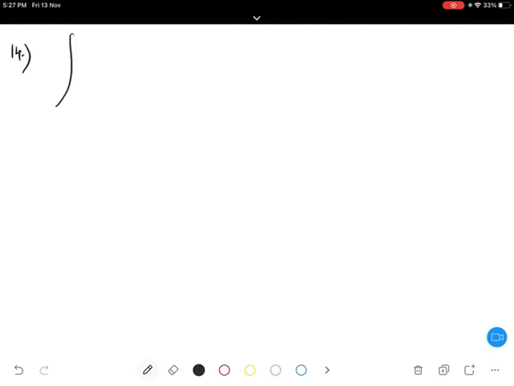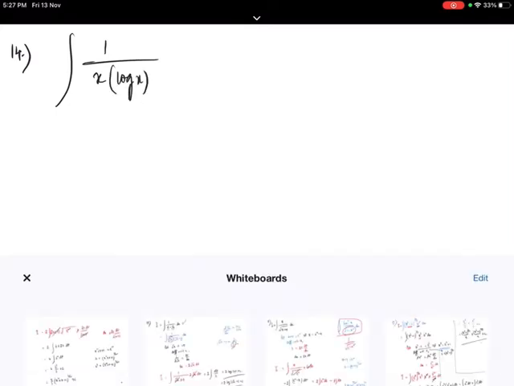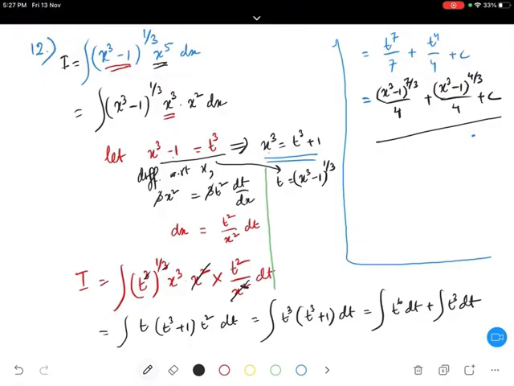Sir, yes. What happened? The back answer is not matching. Let it not match. Who cares about the back answer? What's the back answer? 1 by 7. Oh, sorry. I made a mistake. Cube minus, yes, 1. Obviously it will be 1 by 7, man. Why won't it be 1 by 7? I made a mistake in there. How can it be 4? Because here it's 7, right?